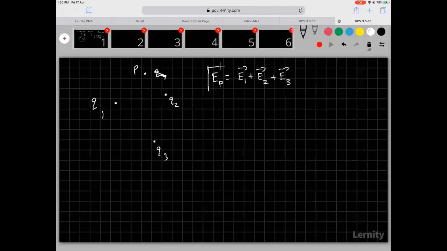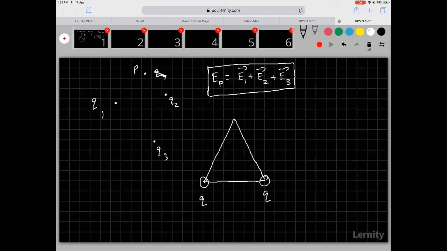The net electric field is going to be equal to the vector sum of the individual electric fields. This is what we learned. We said we want to apply this at certain points, and we said here there's a triangle. There is a charge Q here, there's a charge Q here. We said the electric field at this point P will be